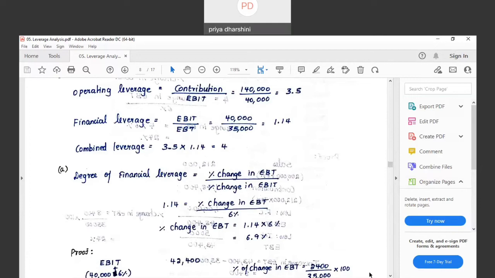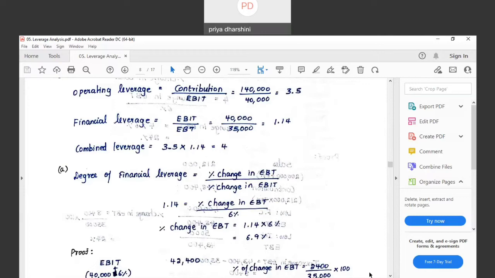Sales minus variable cost is contribution, minus fixed cost is EBIT, minus interest is profit before tax. So 2 lakh minus 60,000 is 1,40,000, minus 1 lakh is 40,000, minus 5,000 of interest, 35,000 is profit before tax. What are they asking you for? Using the concept of financial leverage, by what percentage will the taxable income increase if EBIT increases by 6%? Then, using the concept of operating leverage, by what percentage will EBIT increase if there is 10% increase in